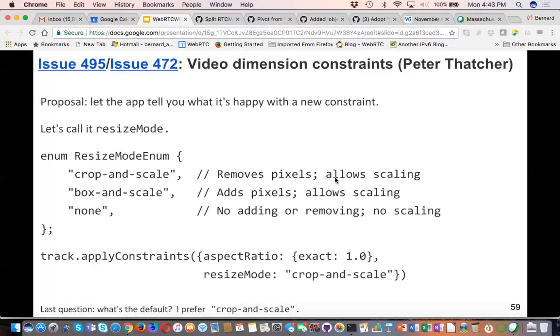I realize implementation concern is not the highest of our priorities, but we will have to deal with it. We also have scale resolution down that we use in all kinds of cases. So if an implementation is not careful, they'll end up rescaling twice. I want to be clear that this is only for changing the aspect ratio. If the aspect ratio doesn't change, it's crop and scale.